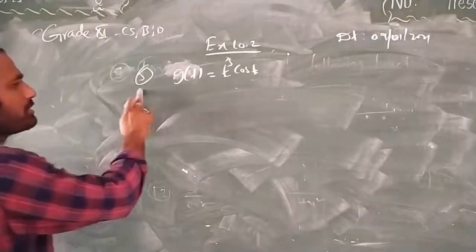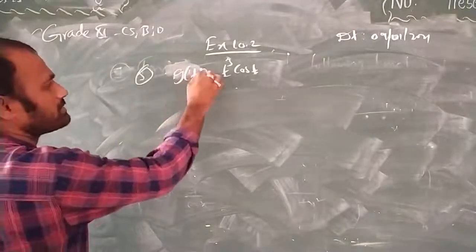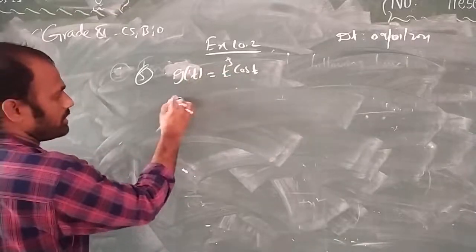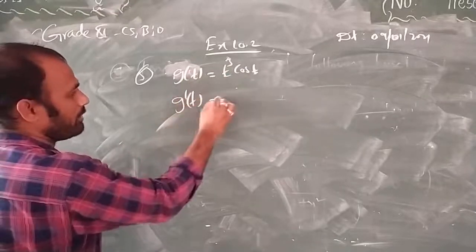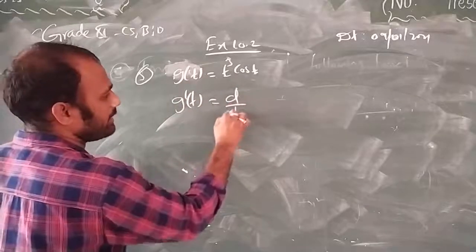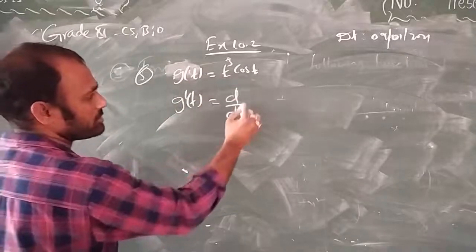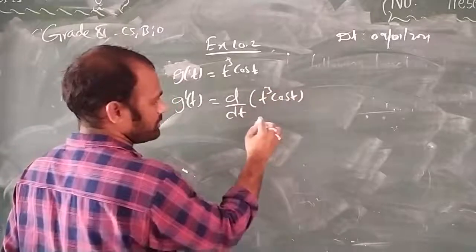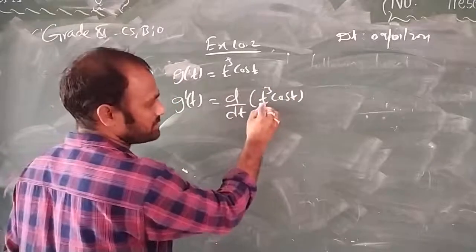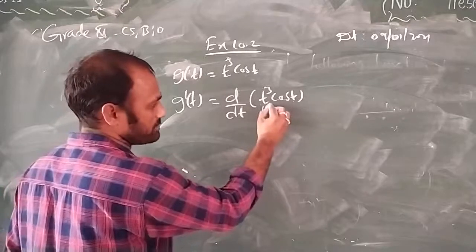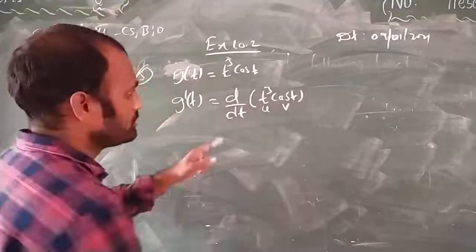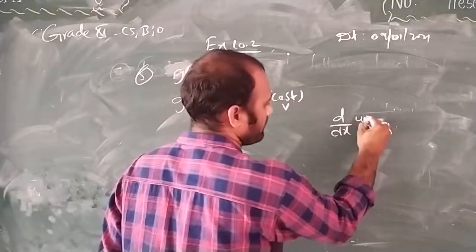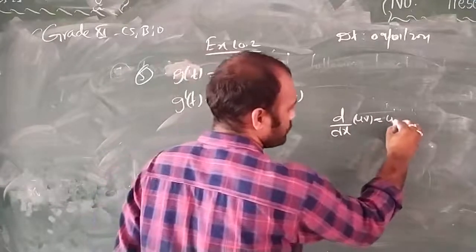Next, fifth question. G of t is equal to t cube cos t. So let us do g dash of t, that is d by dt. Why? Because the variable is t. So here two different functions are there. One is a power function and the other one is a trigonometric function. So here it is u, v. Just now we have seen the product rule, d by dx of uv can be written as uv dash